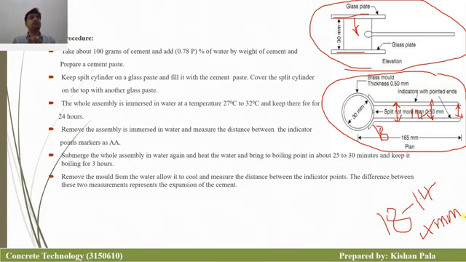So now you can understand how we get the expansion of the cement. This is the soundness of the cement. You have to put this mold in the cold water, then put this mold in the hot water, and measure the indicators by the scale. First reading will be less, and after the expansion this reading will be increased. Clear? So the difference between these readings gives you the expansion of the cement mass.